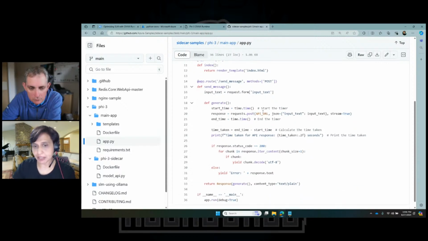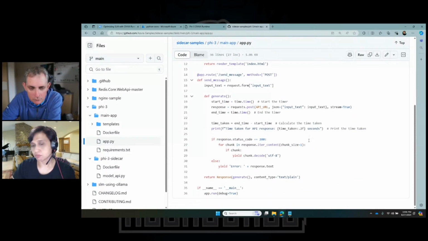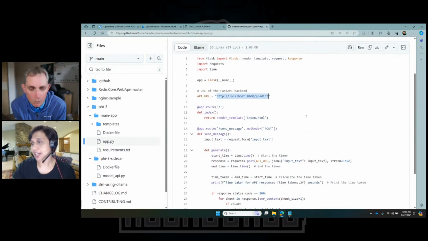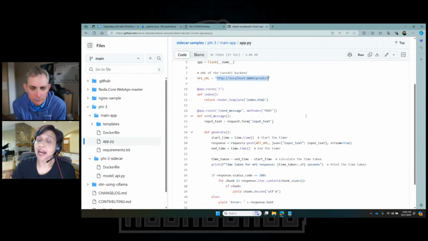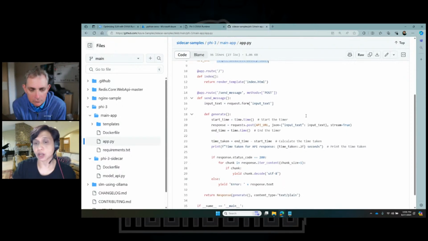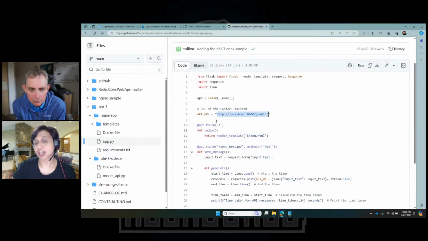And once I get the message, I'm simply putting the message over here. Because this is a generic method that I'm calling, if at some point I decide that I need to move to an LLM, or large language model, I can just change my API URL and connect to a large language model. That's pretty cool.